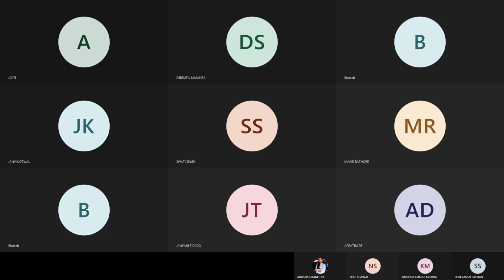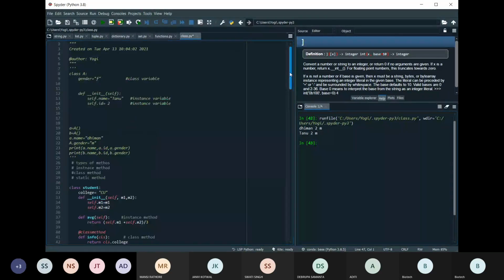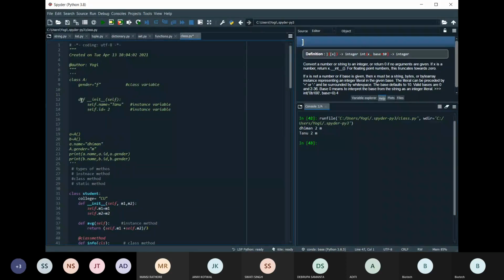So we'll start with the next topic then. We were discussing the classes, the introduction to the classes in the OOPS concept: a class can be defined with the help of the class keyword, and then we can create an instance of that class, which is known as your object. I have also discussed the self keyword. I have also told you that these double underscore init type of functions have special meaning in the Python library, right?